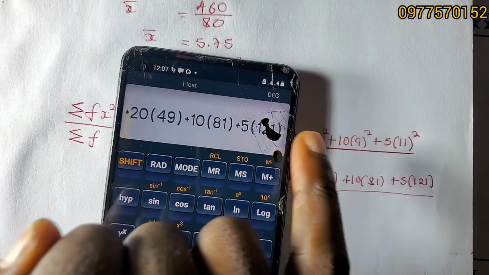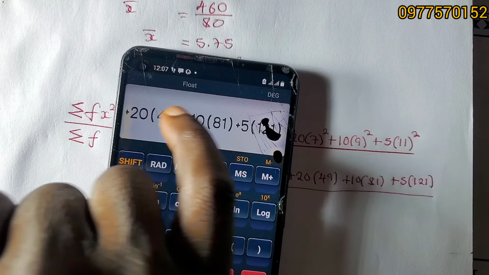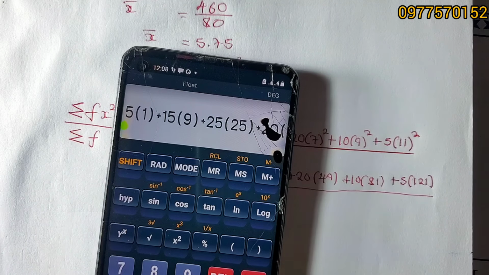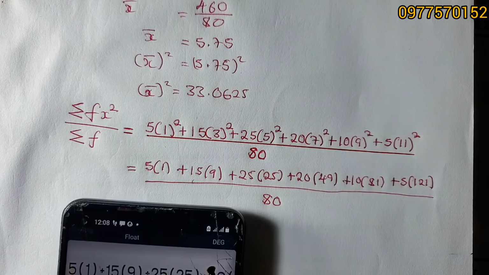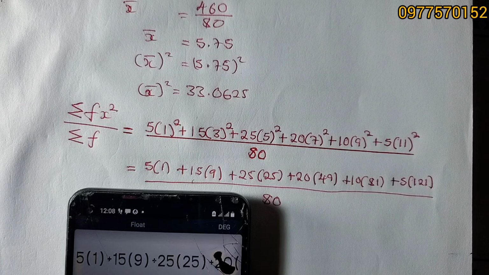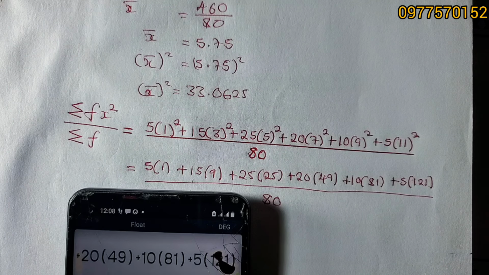Let me just check and make sure there is no mistake. So the first is 5, then 15 times 9, 25 times 25, then 20 times 49, 10 times 81, then 5 times 121. Yes, so we can just say it is equals to